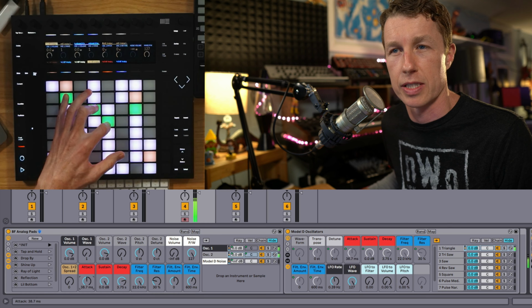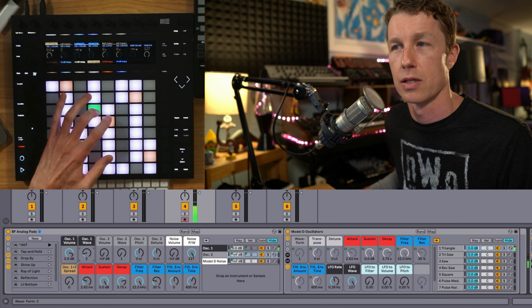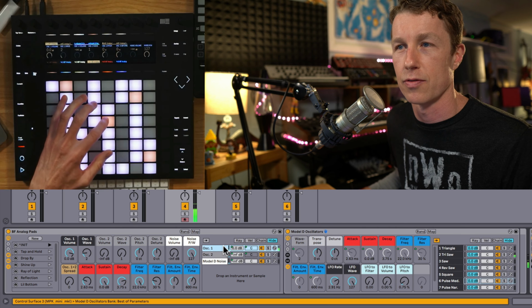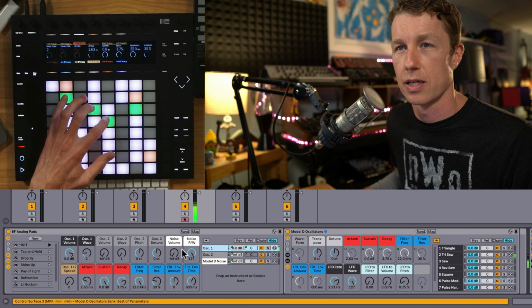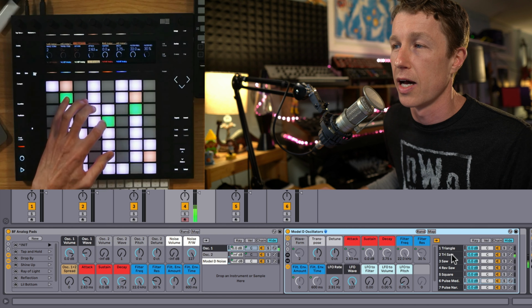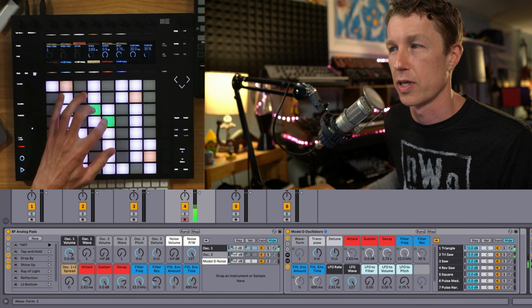We can choose the different oscillators. So I'm going to bring down the oscillator 2 volume. I'll let you just hear oscillator 1 on its own and go through the different waves. And if we look, here is oscillator 1 in our chains, and we have all of the different oscillators we can choose from. We start with a triangle